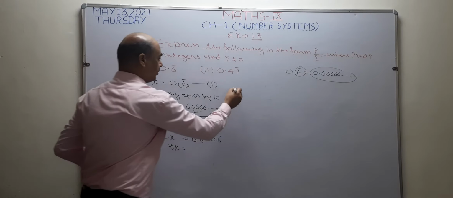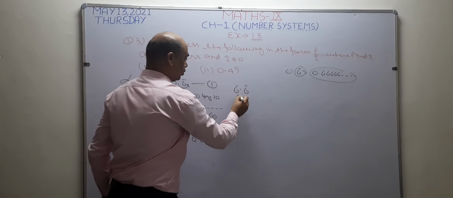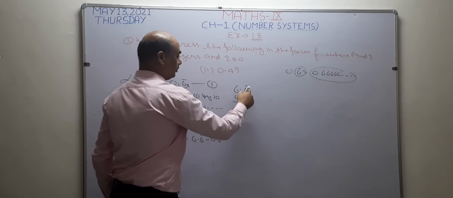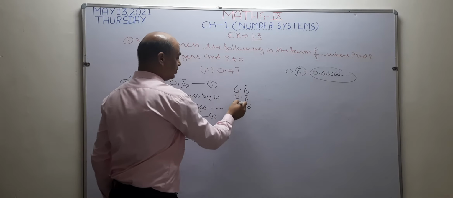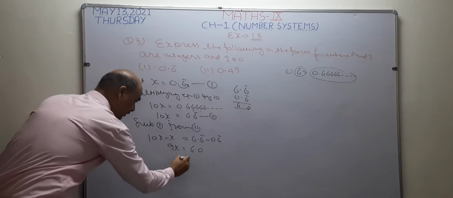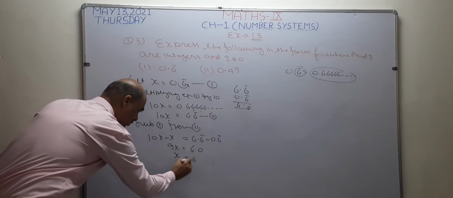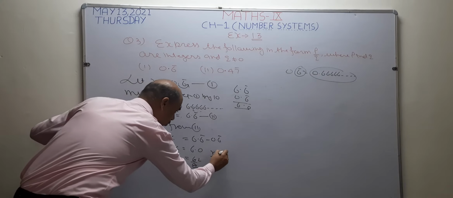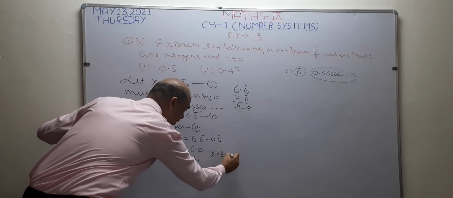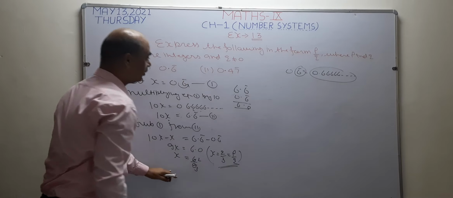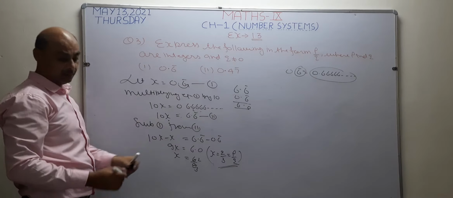Now see, I want to subtract here. I write both the numbers. Now this number is going to cancel with this number. After that, 6 minus 6, this becomes 6.0. 6.0 can be written as 6, and the value of x becomes 6 by 9. Now 3 3s are 9, 3 2s are 6, the value of x becomes 2 by 3. Now this 2 by 3 is written in the form of P by Q. This is your answer. Okay. Now I want to solve its second part.